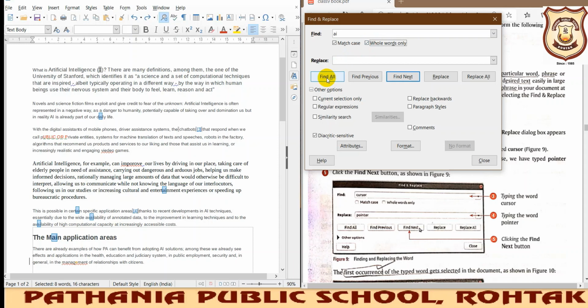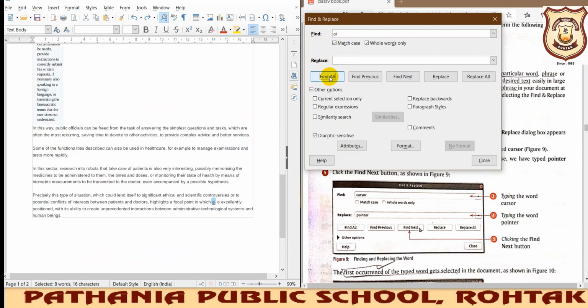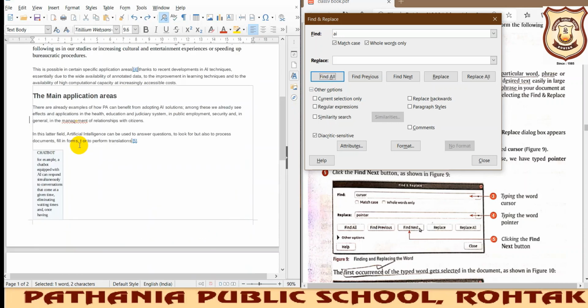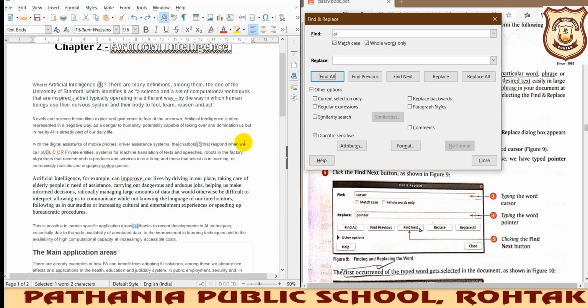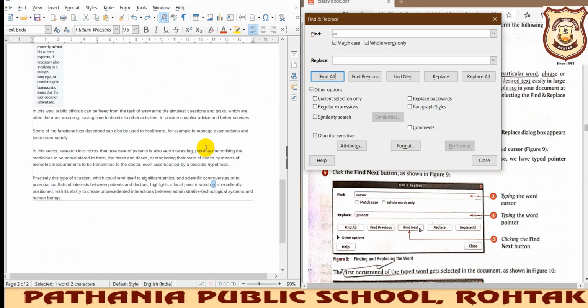Then it will find only those in small letters that are not a part of any word. Let me click on find all. You can see it has highlighted only this one AI and nothing else.